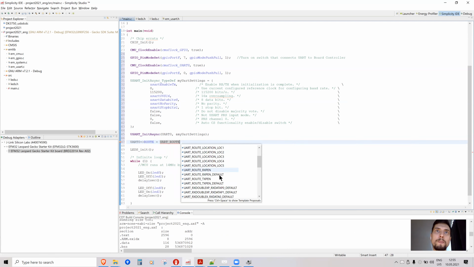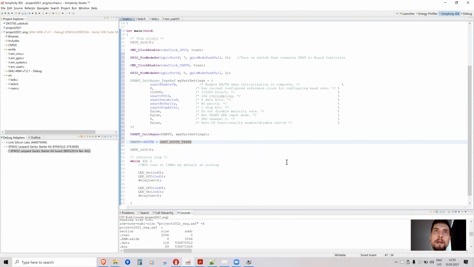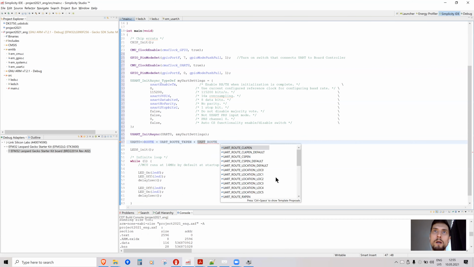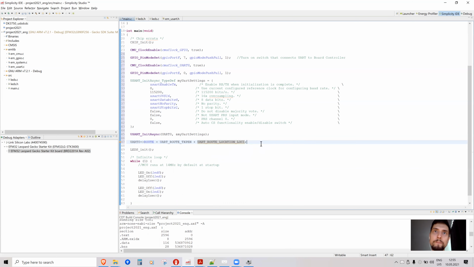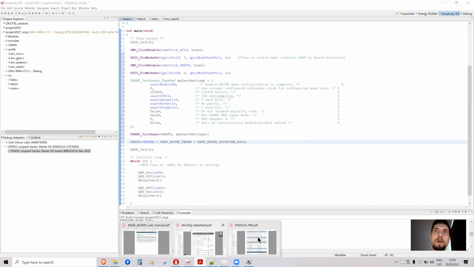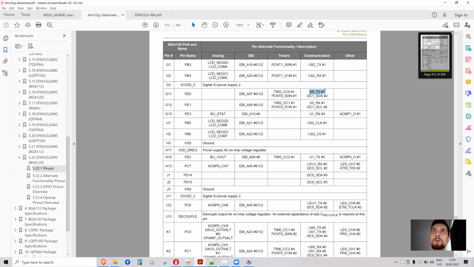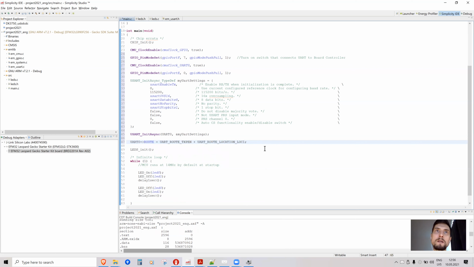We want the TX pin to be enabled, so we use this, and we can use either or plus UART route and location lock 1, because here it says that it's UART 0 TX location 1, so we have to write it this way. And this basically tells on which pins to output the signal. Okay,